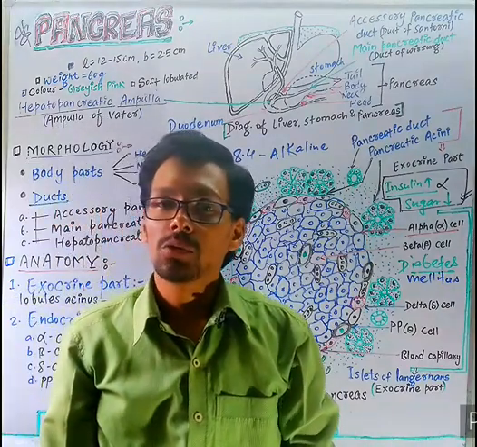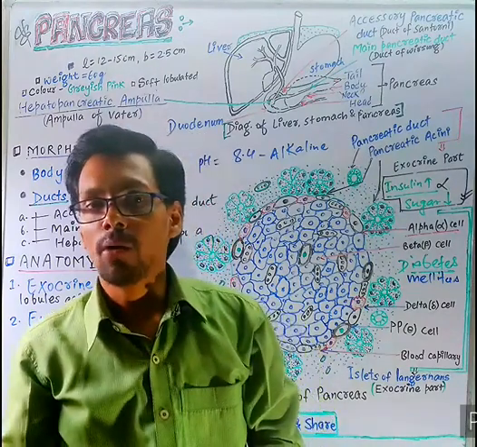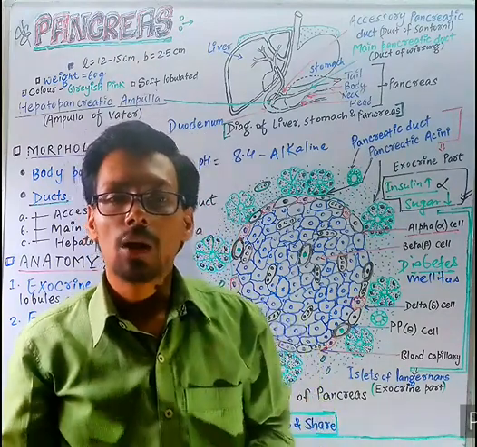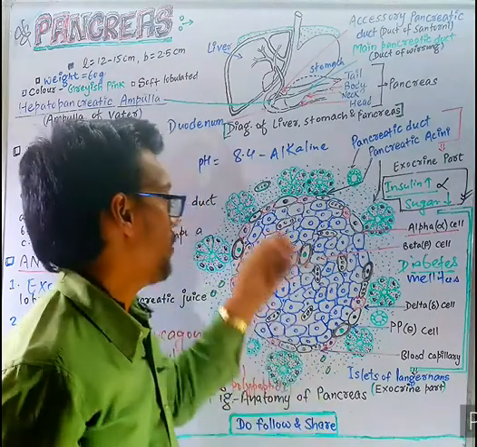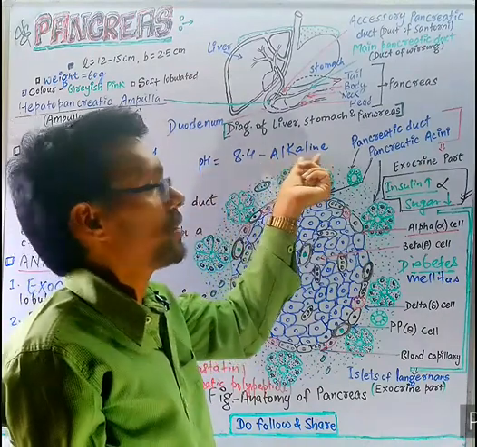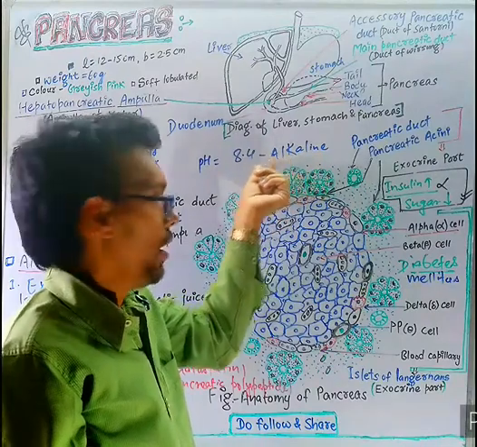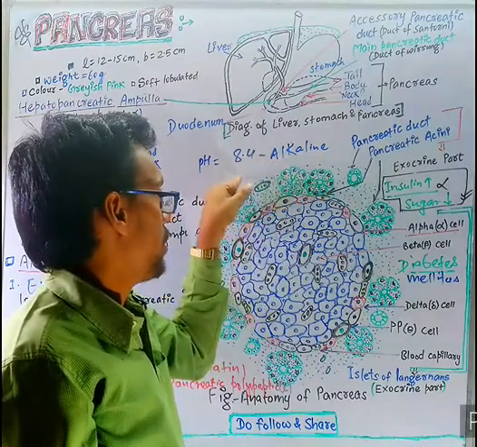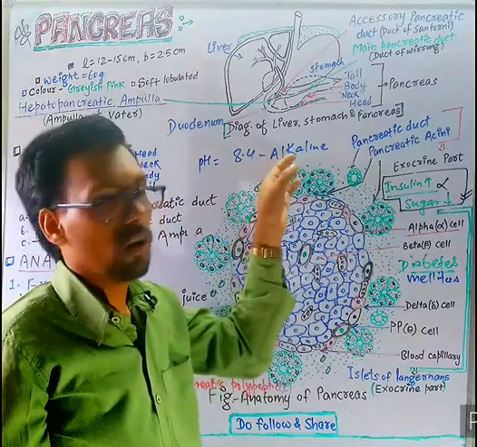Inside the pancreatic juice there are many proenzymes, enzymes and compounds, and the pH value, or hydrogen ion concentration, is about 8.4. That 8.4 represents alkaline, basic nature, generally a strong base, from 7 up to 8.4.